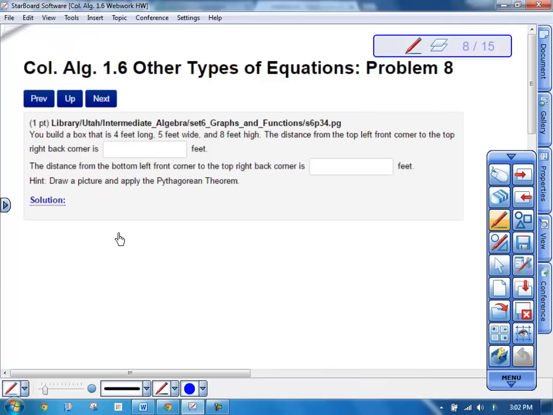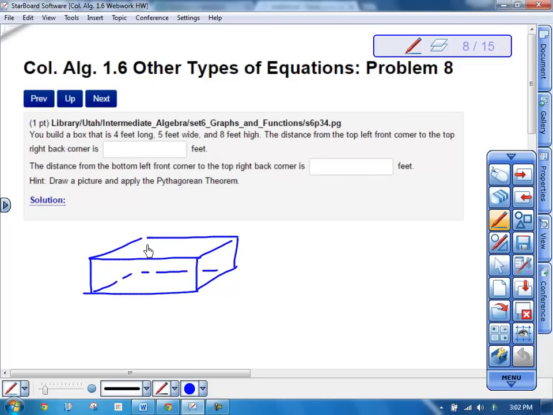Next question said you build a box that is 4 feet long, 5 feet wide, and 8 feet high. So I'm going to draw this box here. Okay, so this thing is 4 feet long, 5 feet wide, and 8 feet high. Obviously not drawn to scale. The distance from the top left front corner, which is this corner, to the top right back corner, be this one,